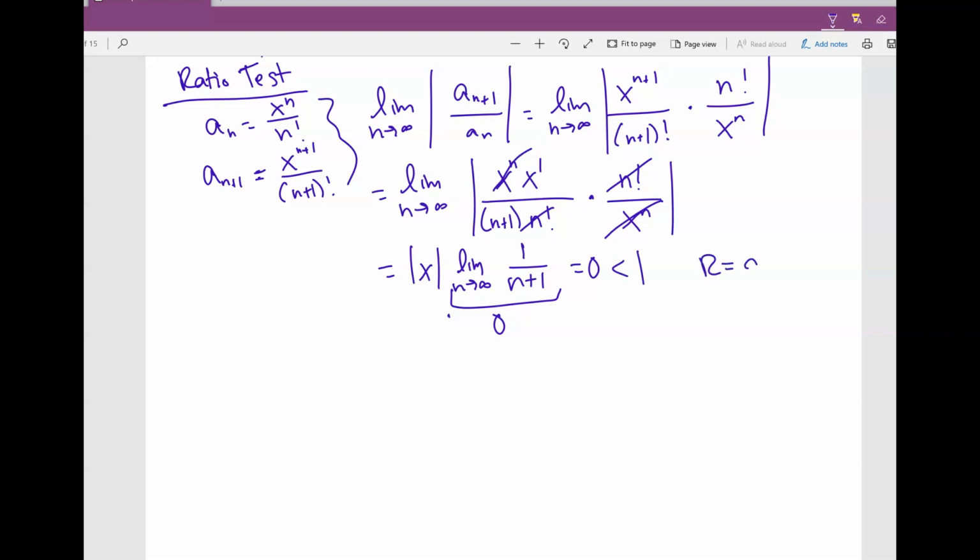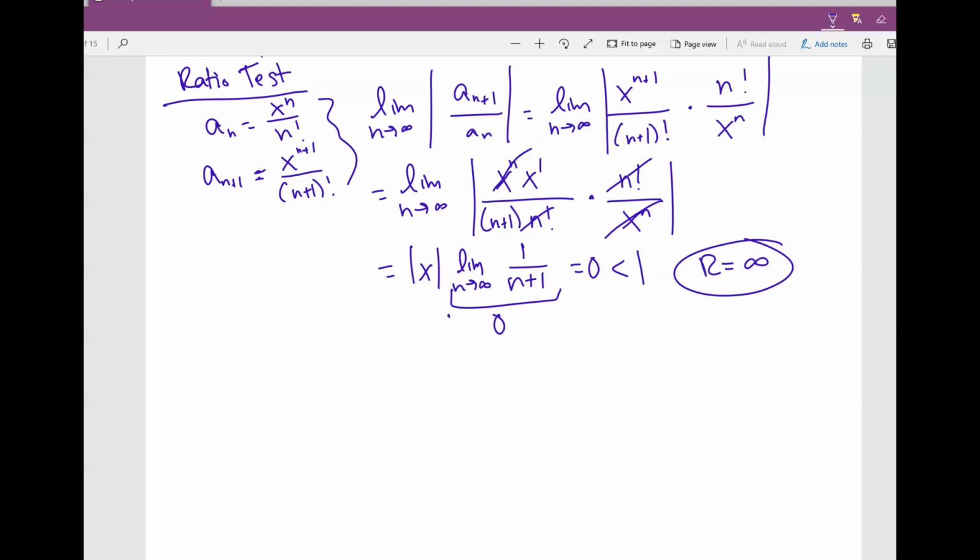So the radius of convergence is infinity. Okay? So that's how you would do it, the same way that you would do it with power series. Okay? Now, sometimes what you're going to have to do is that you're not going to have